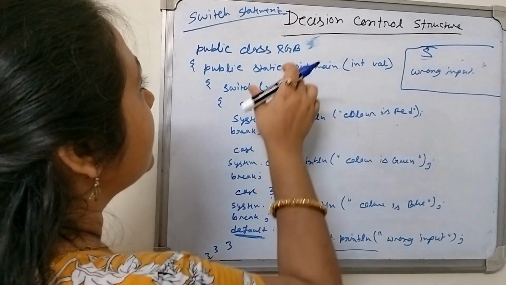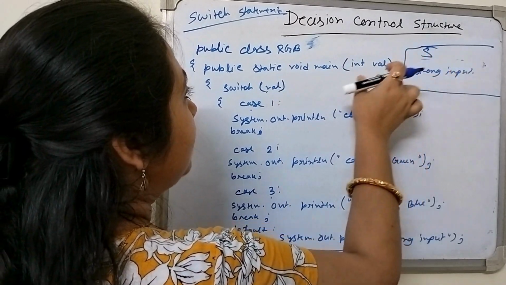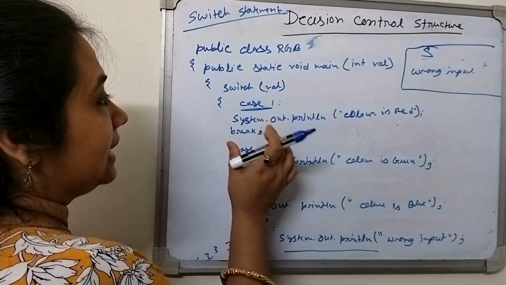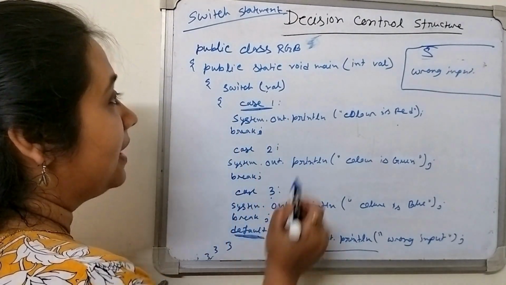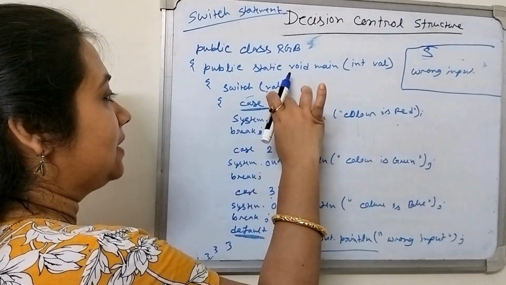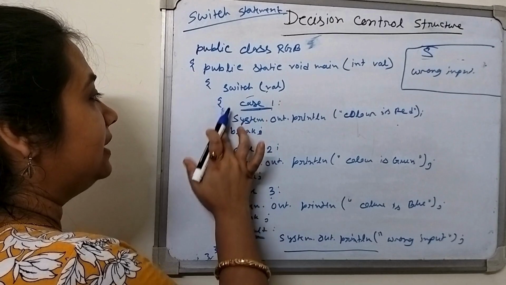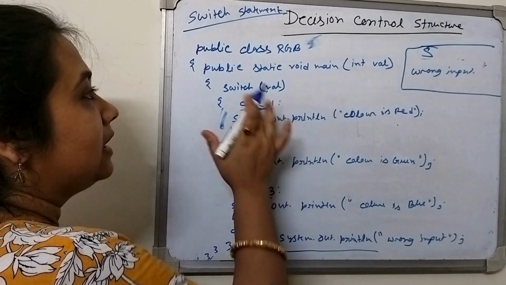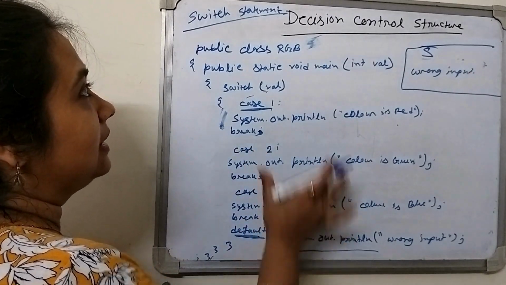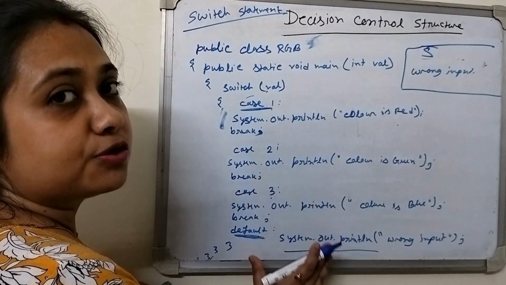That means in the switch statement, what will happen? At first, whatever input you give, it will be matched with the cases. If it does not match any case, it just executes the default program. If it matches any one of the cases, then only that portion will be executed. The rest of the portion will not be executed. After execution, it will break and go out from the program. This is the purpose of a switch program.